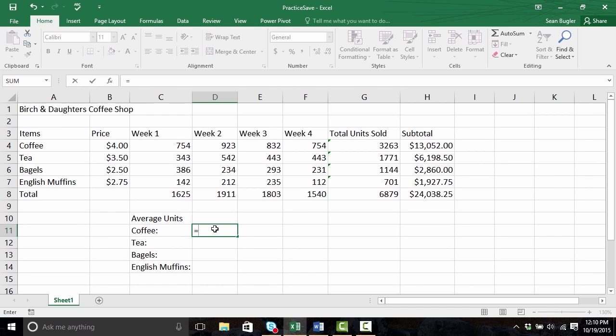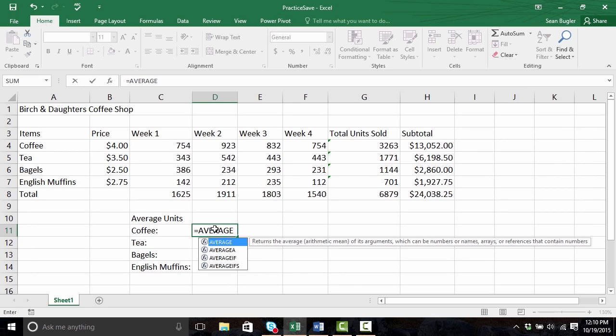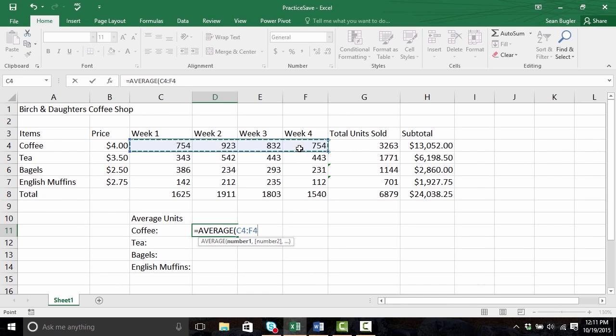So I've typed my equal sign. And this time, instead of typing sum, I'm going to go ahead and type average. Once I've done that, I'd like to tell Excel, yes, this is the function I want to use. And I'm going to open up these parentheses. Now all I need to do is select the cells that I would like averaged together. In this case, I'm averaging coffee, so I'm going to select weeks 1 through 4 of coffee and close the